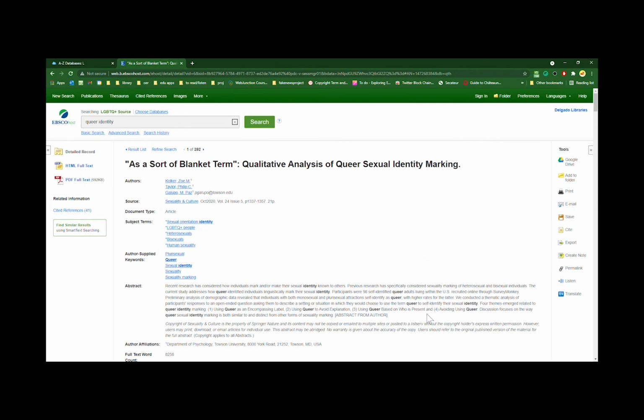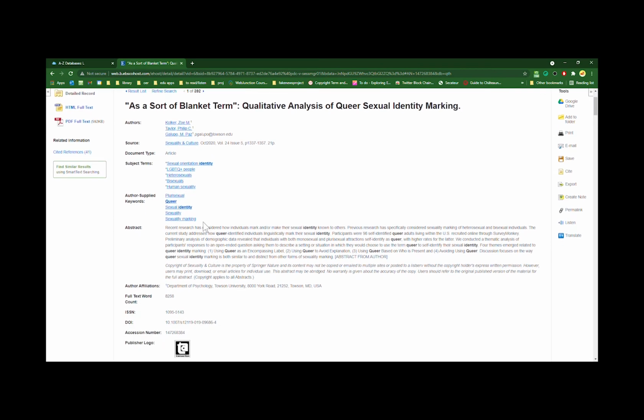And here we have everything we need to know about the resource without actually reading the resource. We have the title, we have the authors, we have the source or the journal it came from and when it was published, October 2020, the volume and issue number, how many pages it is, the document type, in this case it's an article. It might have been a newspaper article, a magazine article, or a book. We have our subject terms. This gives us additional terms that we might want to search for. Some author-supplied keywords that we might want to search for as well if we're looking further into this topic, like plurisexual, which is something I might not have thought of, but might be a good term to look at. And then we have our abstract, which is a sort of a